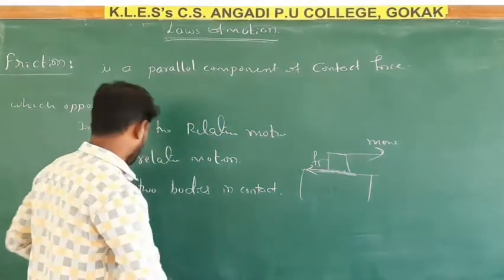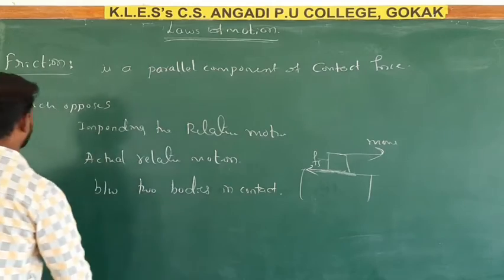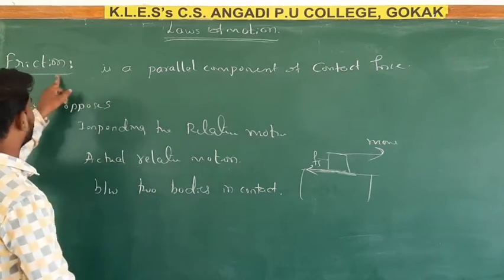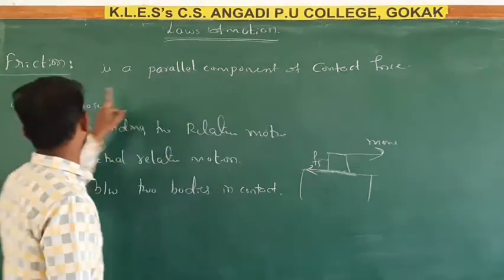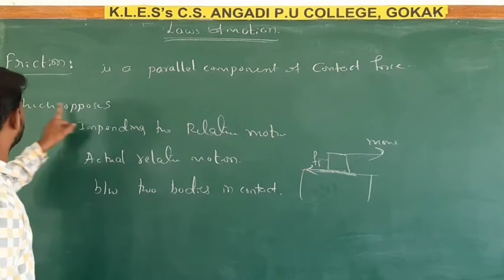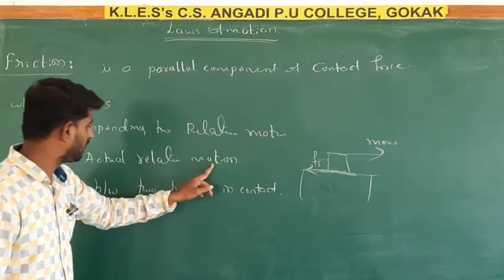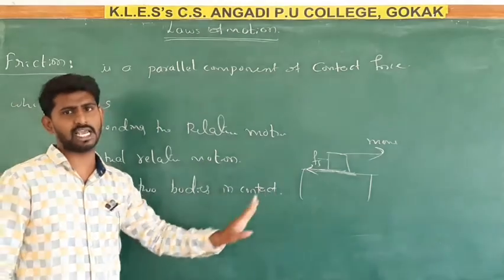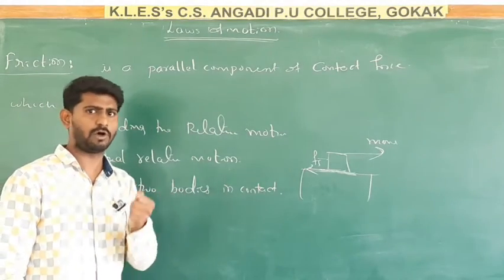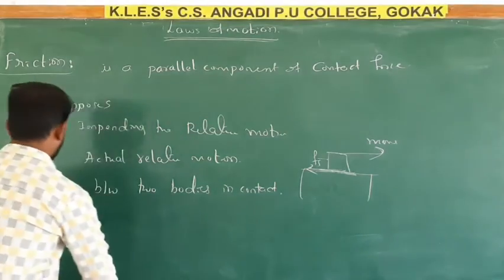Okay, so we study this friction. Okay, you can note this one. So you are right, friction is a parallel component of contact force which opposes impending or actual relative motion between two bodies in contact. You can note it like this. So you pause, you can write this down. And next one,